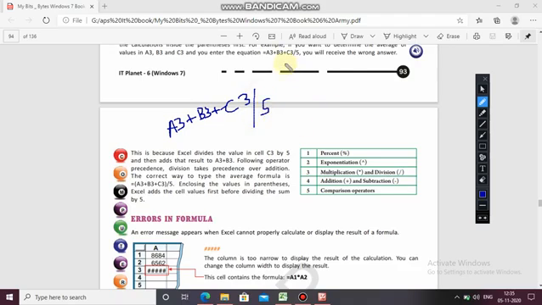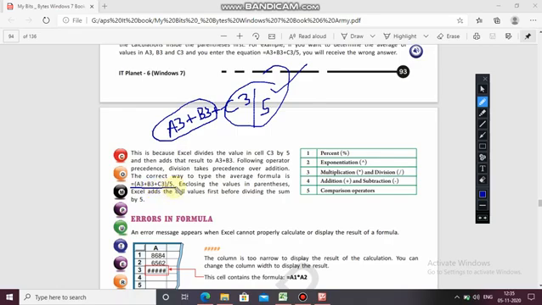So in this it will first divide the value of C3, then it will add these values. So following operator precedence, division takes precedence over addition. The correct way to type the average formula is this.